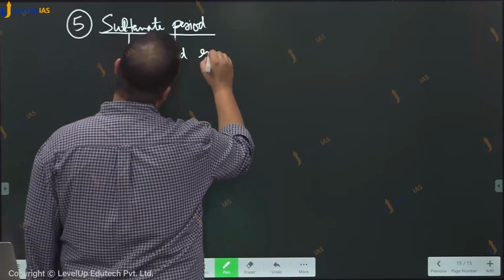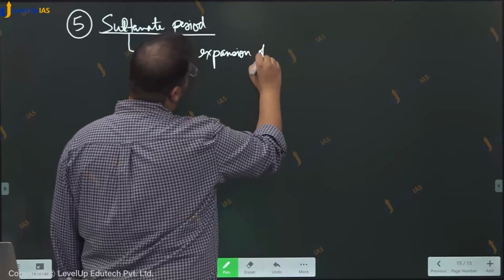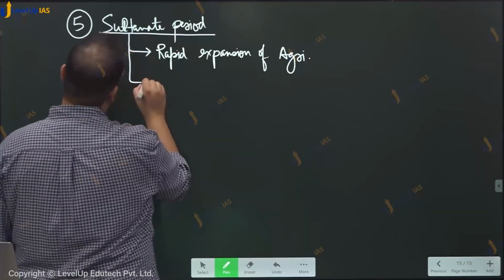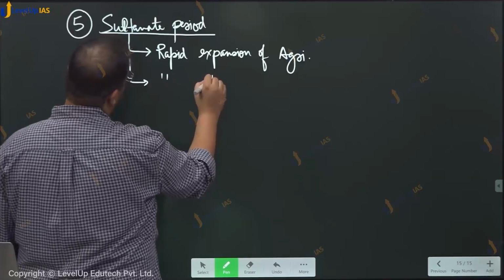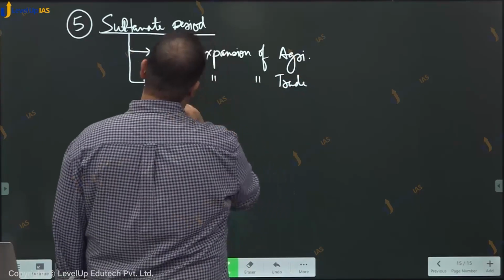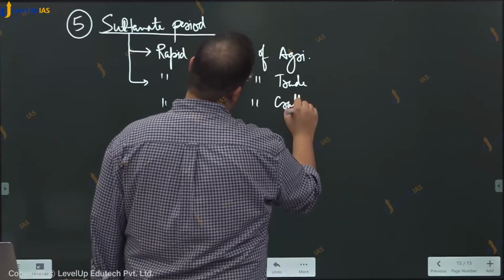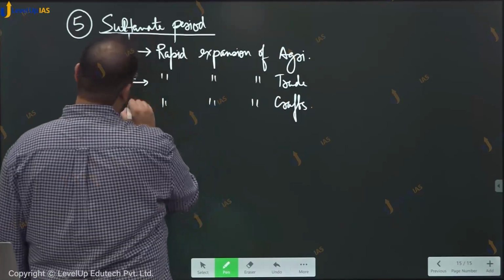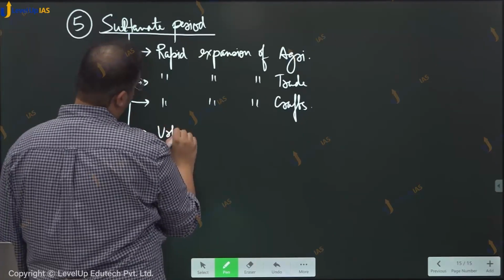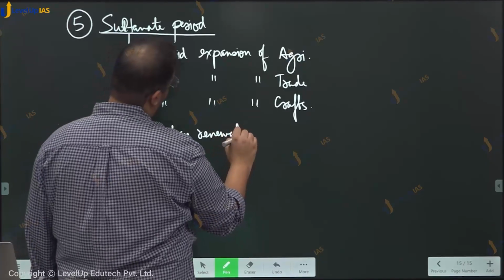Rapid expansion of agriculture, rapid expansion of trade, crafts production, and urban renewal,